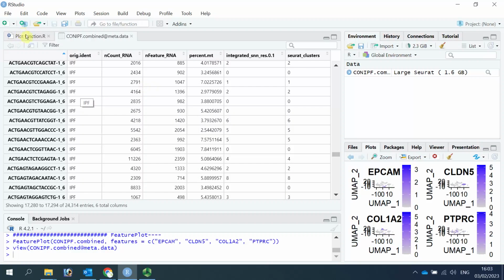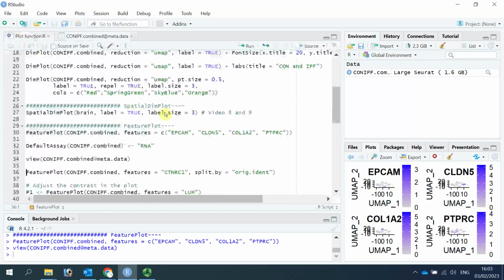So let's go back to the R script. Now we can use the split.by feature to compare gene expression in control and fibrotic lung. For example, we know CTHRC1 is a gene that is upregulated in fibroblasts in fibrotic lung. So we can run FeaturePlot for CTHRC1 with the split.by function.